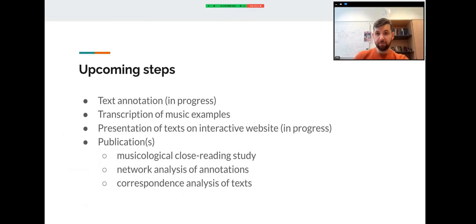In the following, we will continue to work with these texts. We will add some annotations to them. We will also transcribe the musical examples in those texts, and we will present those texts publicly on our project websites once they are proofread. The results of our analysis will be published in some appropriate journals. And we hope that with this little project, we can provide a showcase that using techniques and methods from the digital humanities is very useful also for music theory and might inspire others to continue in this direction.